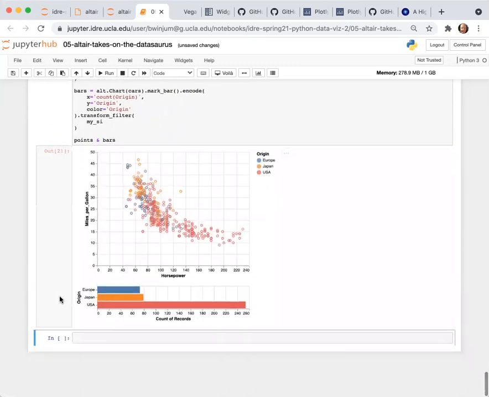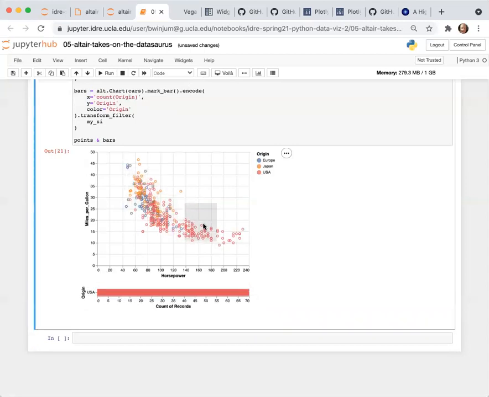This bottom one shows you a data set which has a categorical value for each of the data points: for this particular horsepower of a car and this particular miles per gallon, here's the country of origin for this particular car. This is illustrated on the Altair website, where you can drag a selection across this.